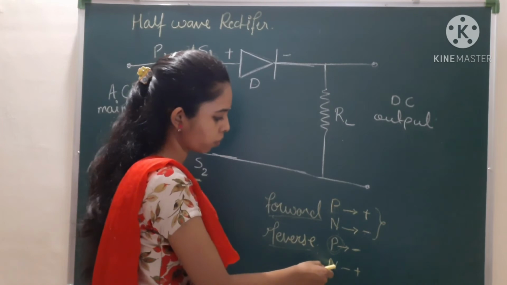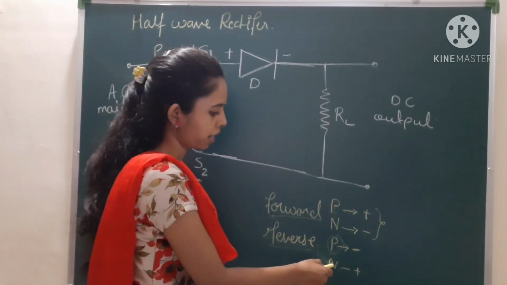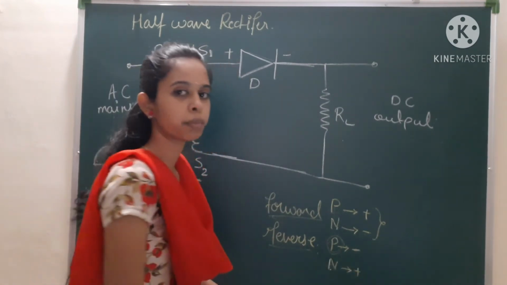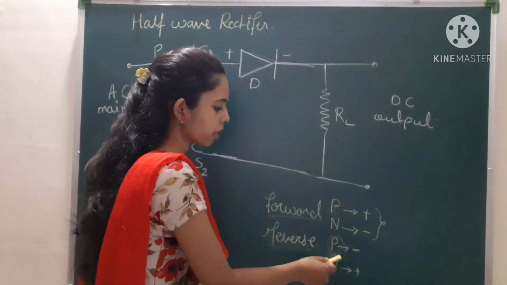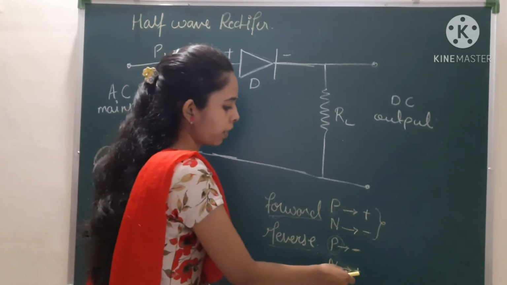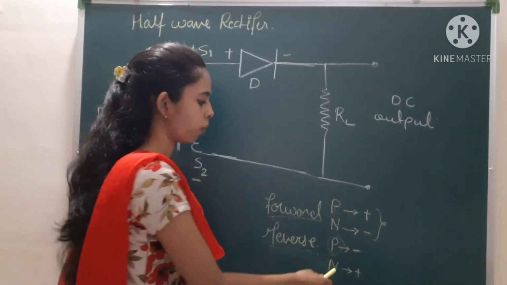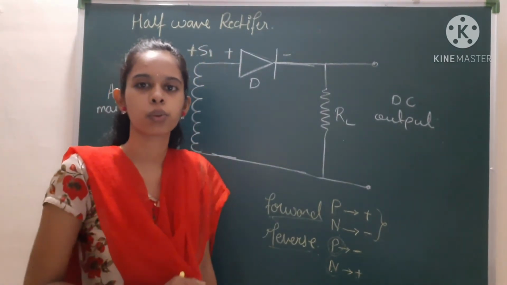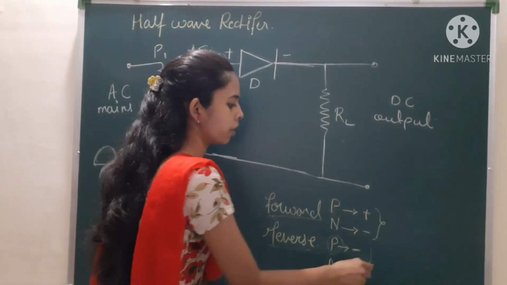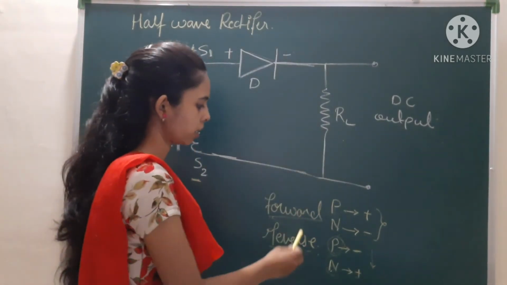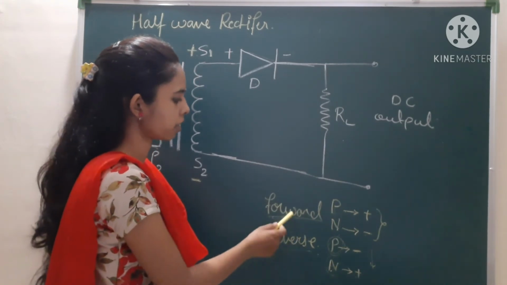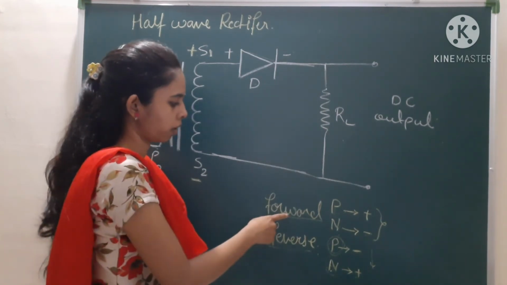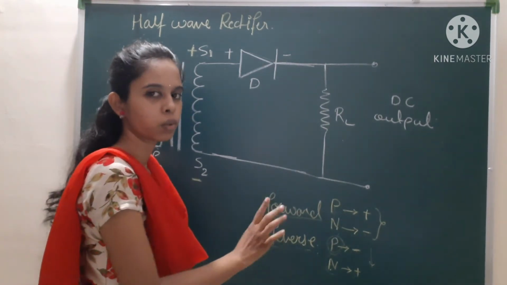The same thing happens in the N type region. If the N type region is connected to the positive terminal of the battery, then what will happen? All the electrons will come to the positive terminal, and therefore there will be no free electrons present. And if there are no free electrons, the current goes on decreasing. If you understand this, then only you are going to understand the working of this rectifier. So I think you have understood forward bias and reverse bias mode.